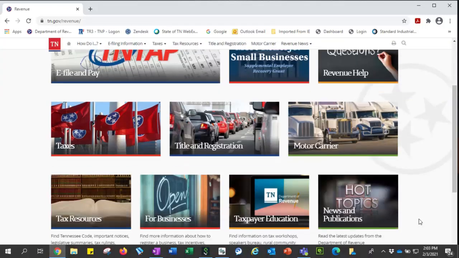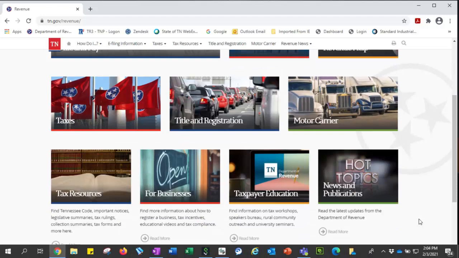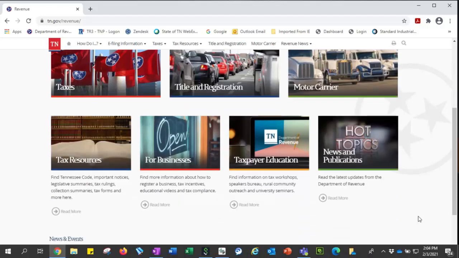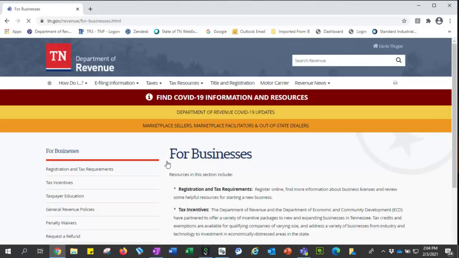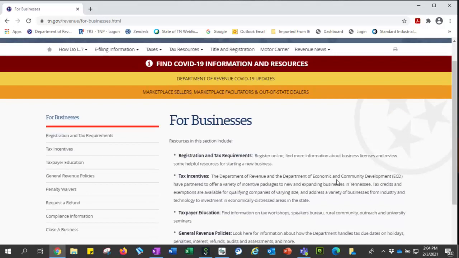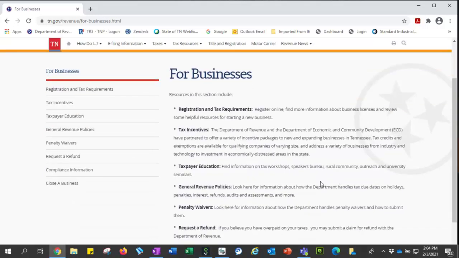As you scroll down, you'll see more information available on certain topics that may be of interest to you. Let's take a look at the link now for businesses. As you look at this section now for businesses, you'll see there's lots of other information contained on this page. If you look on the left, you will see a menu of items that you can select from to get